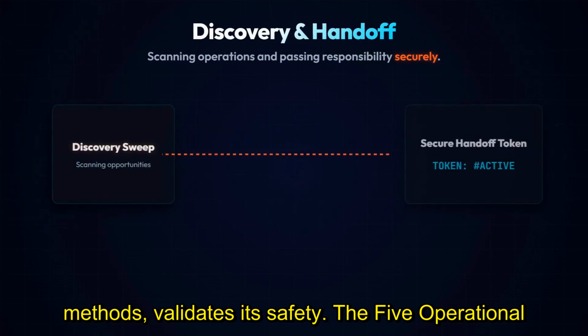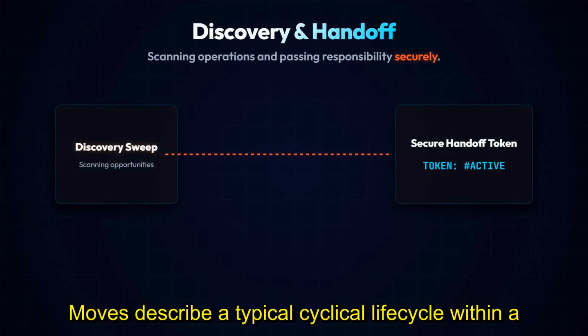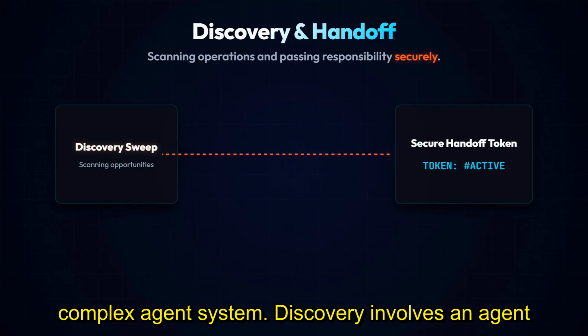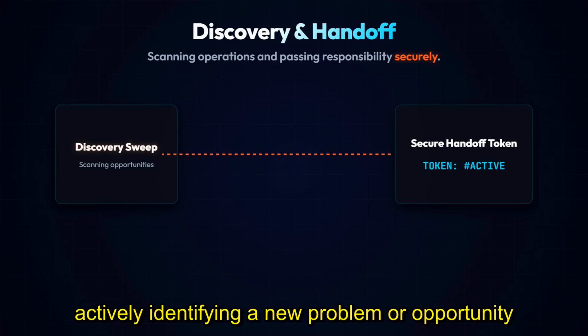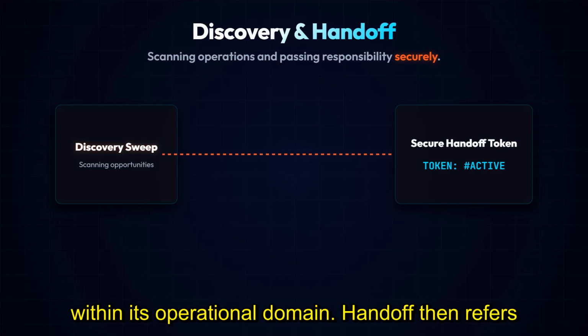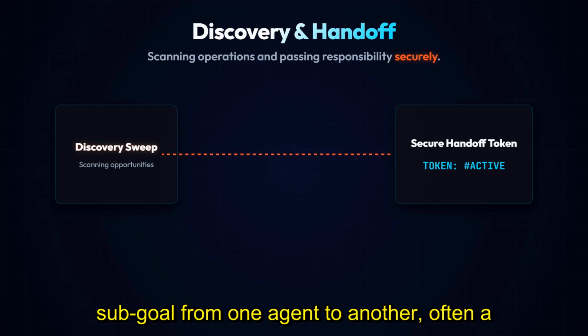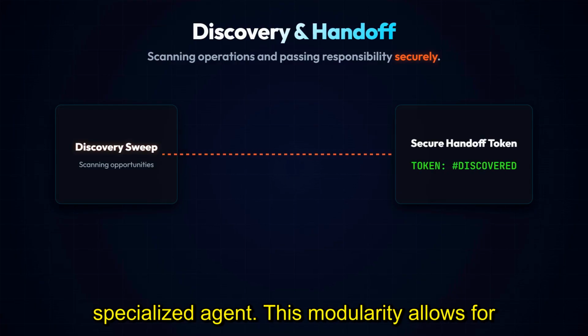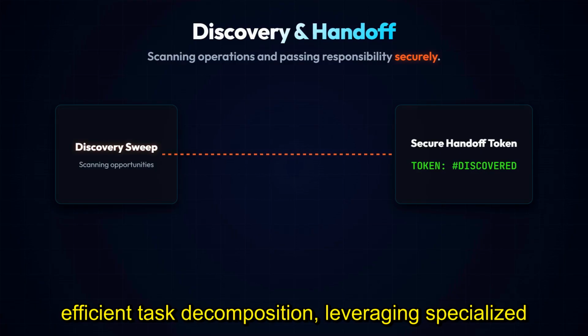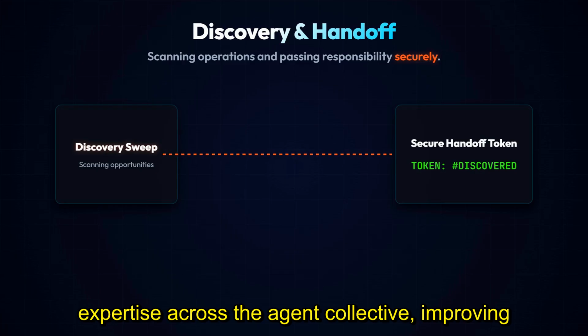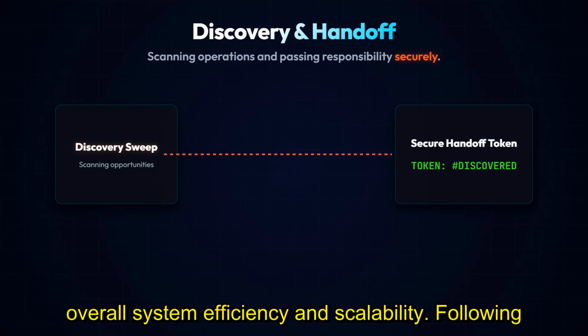The 5 operational moves describe a typical cyclical lifecycle within a complex agent system. Discovery involves an agent actively identifying a new problem or opportunity within its operational domain. Handoff then refers to transferring responsibility for a task or sub-goal from one agent to another, often a specialized agent. This modularity allows for efficient task decomposition, leveraging specialized expertise across the agent collective, improving overall system efficiency and scalability. Following discovery and handoff,